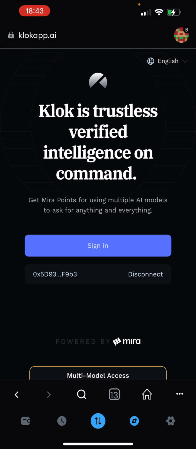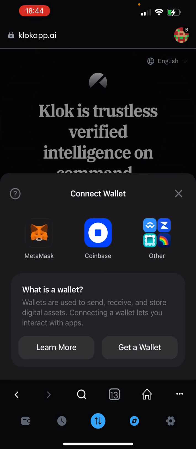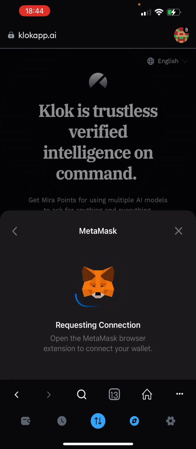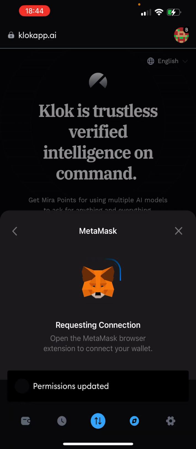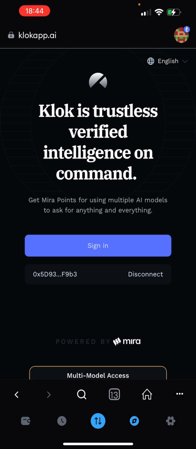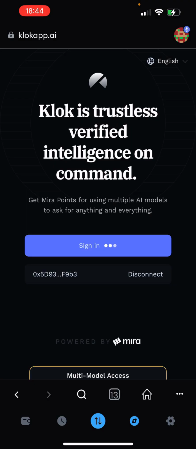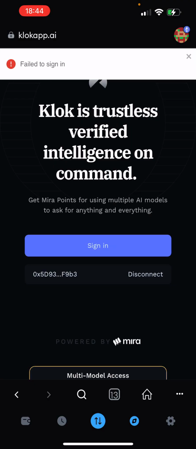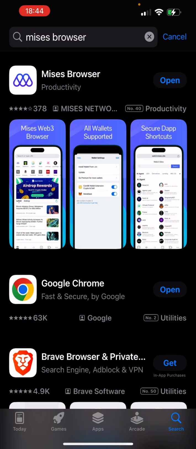So the wallet is automatically connected. If I click on disconnect here, you will see I have connect. So I'm just going to tap on it and then select MetaMask, and then approve the connection to connect. And that'll be it. If you want to start interacting, just click on sign in here, and then confirm, and then it will log in. It's having a bit of downtime, but for MISES browser, why MISES is a bit better is